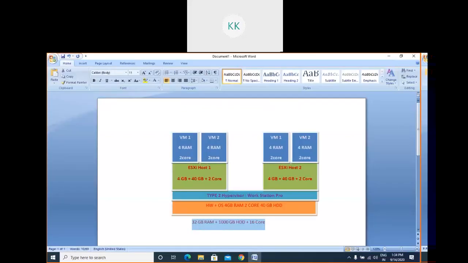Okay, after knowing the architecture of the lab environment, let us go to know how to install the ESXi. Please let me know one thing: how many of you know how to create a virtual machine on a type 2 hypervisor?